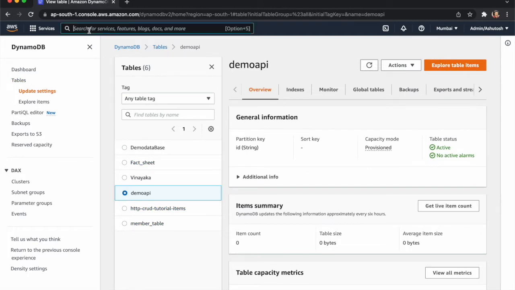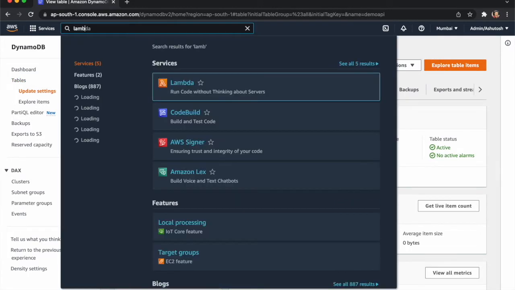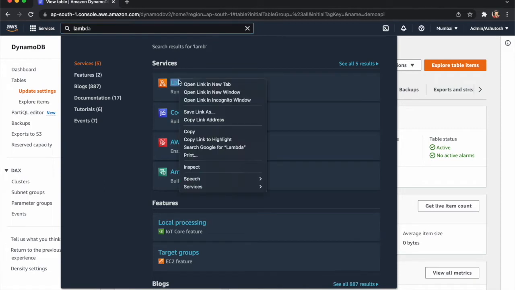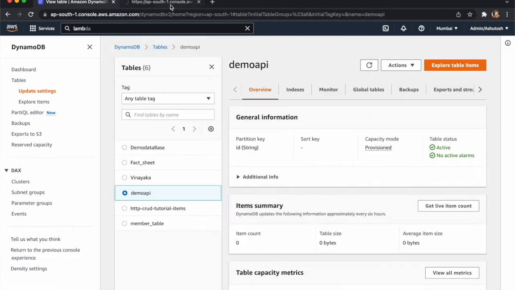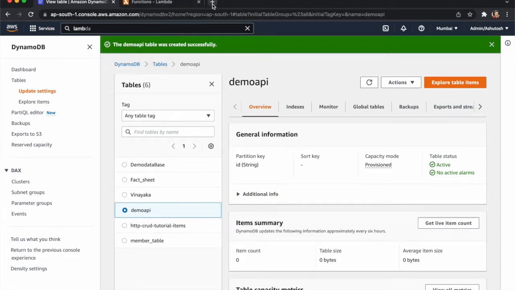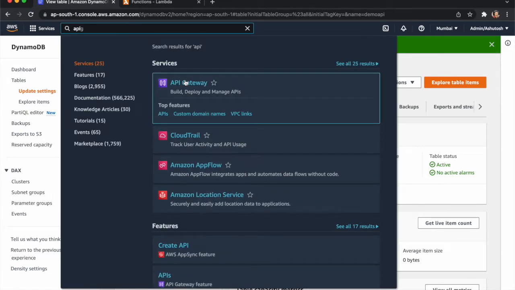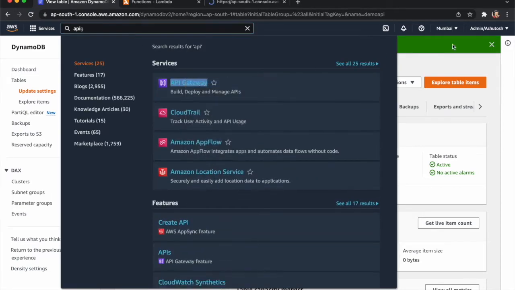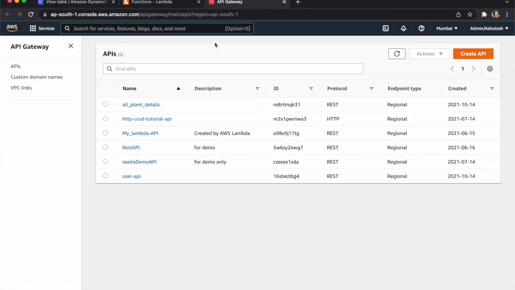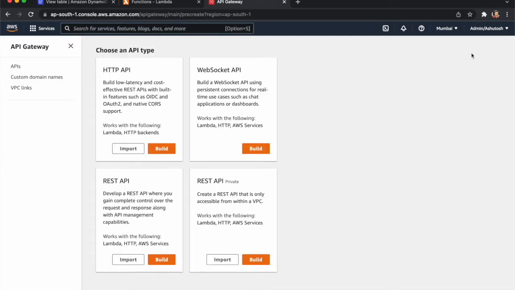Now we need to go to Lambda function. Before the Lambda function, we need to go to API Gateway and create one API. So search for API Gateway and create API. You can see that there are many APIs like HTTP API and WebSocket API. Now we are creating a REST API. So click on build,